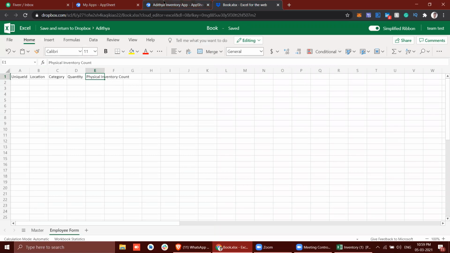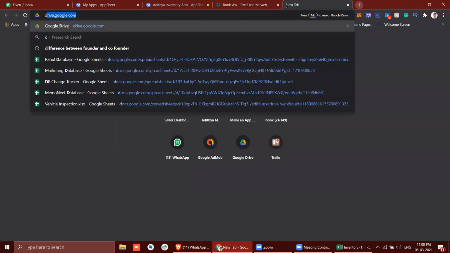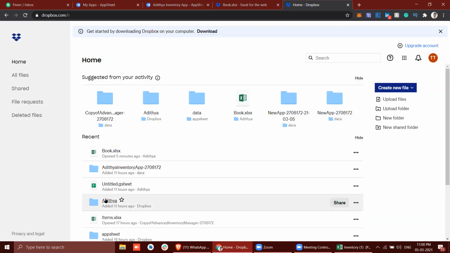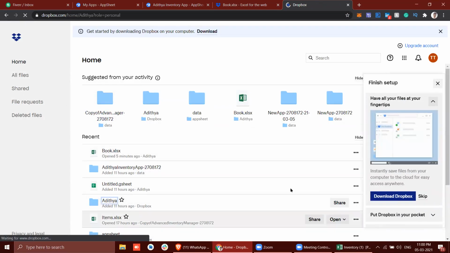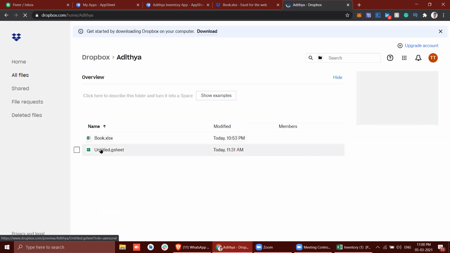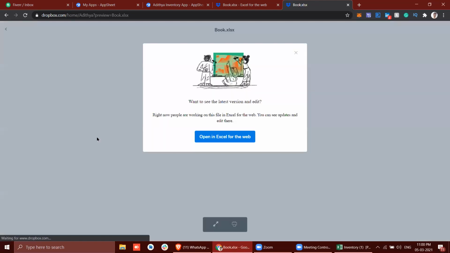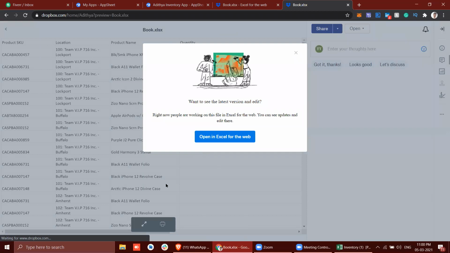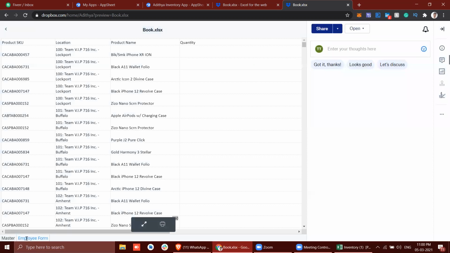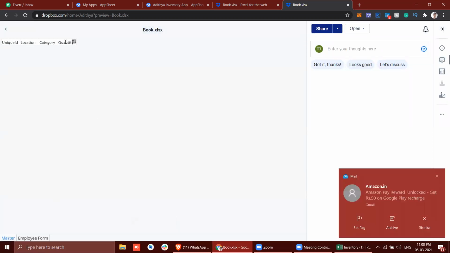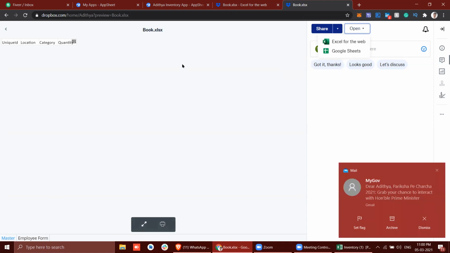So this is the problem we have with Dropbox. If it's a Google spreadsheet, it will sync automatically, but Dropbox has a lot of issues. So in this employee form, it's not added here. So what we can do is